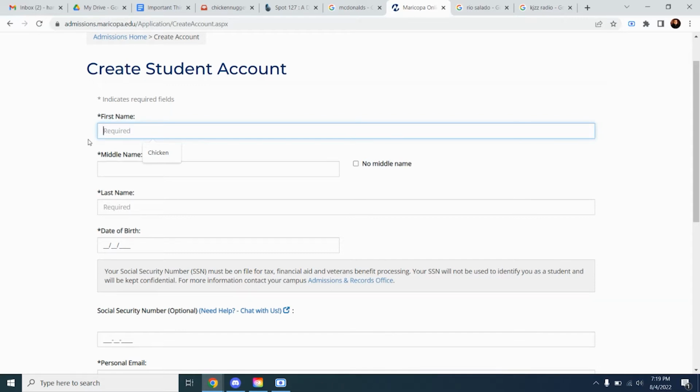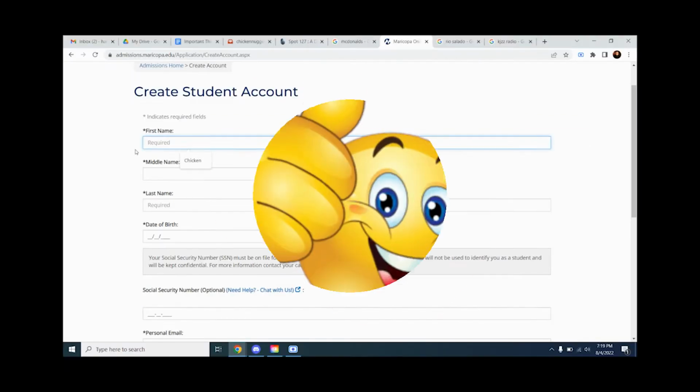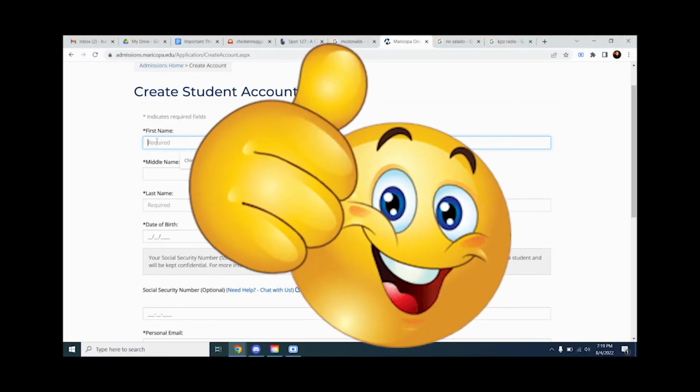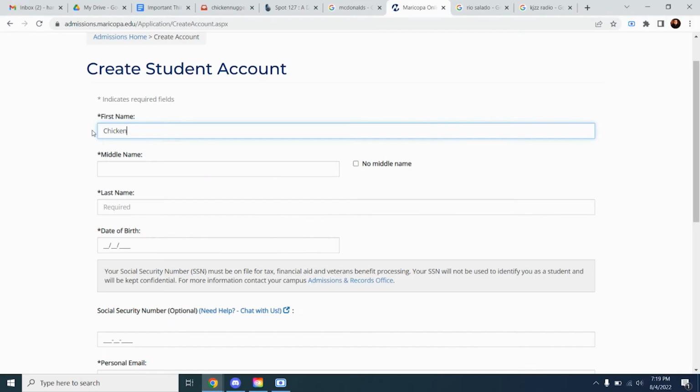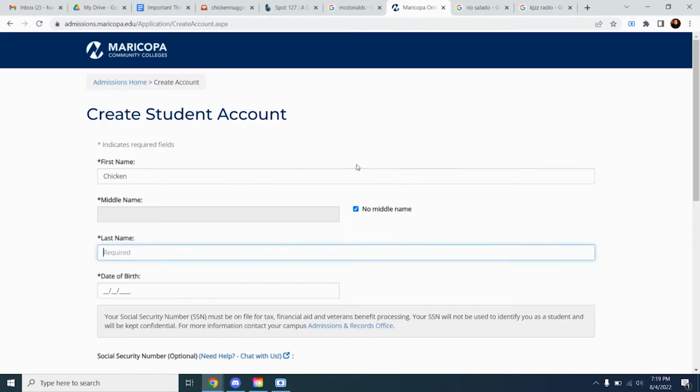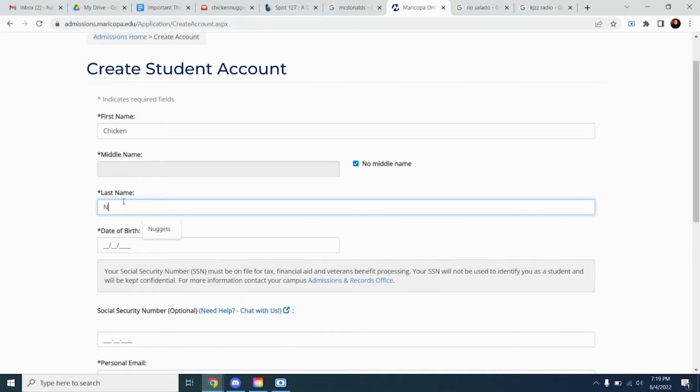At Spot 127, your preferred name is my preferred name. Don't worry. I and Trevor and all the other people here will always refer to you by your preferred name. But for the sake of the application, yes, you do have to put in your legal name. And I'm putting in chicken nugget because